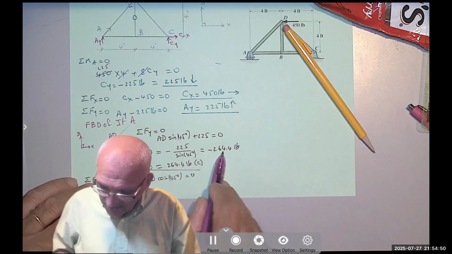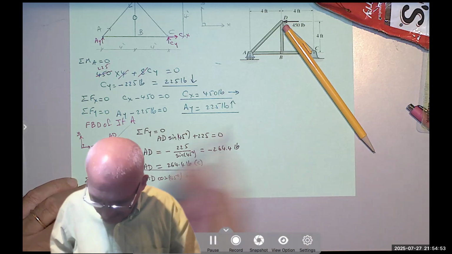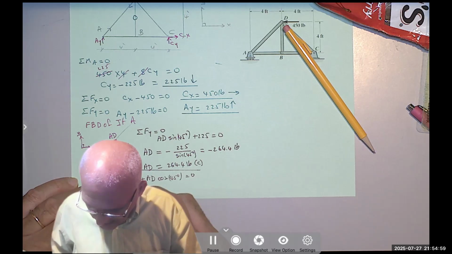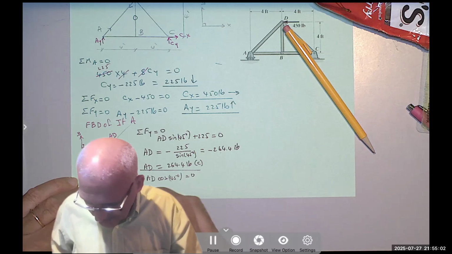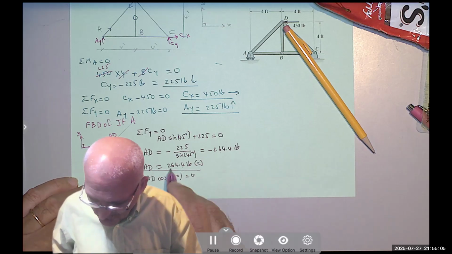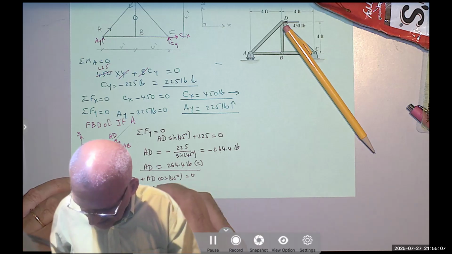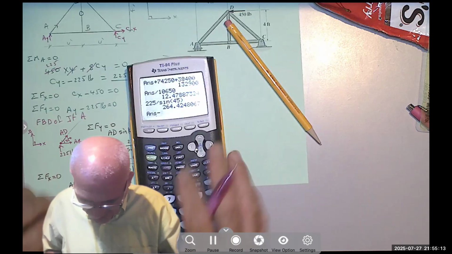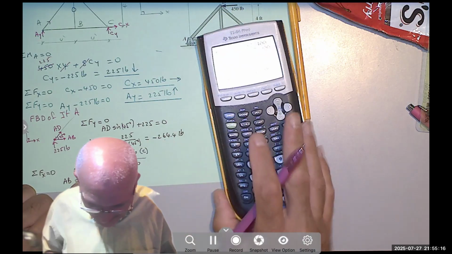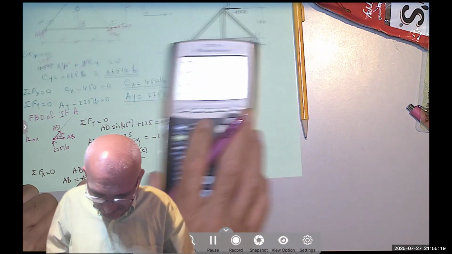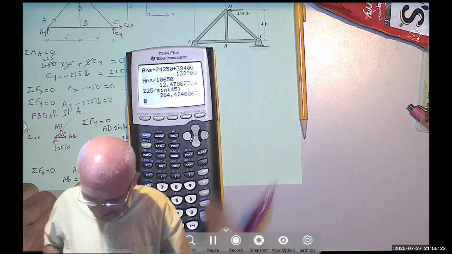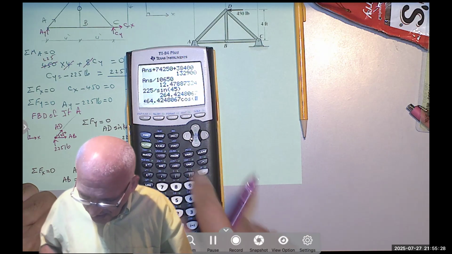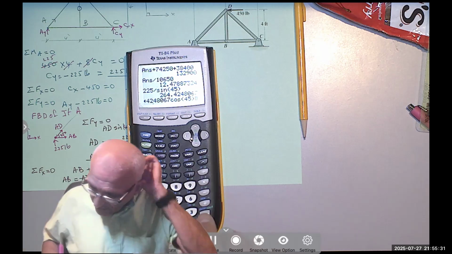Notice AD is negative 264.4. So when I move it to the other side, AB would be equal to negative AD cosine 45. Oops, AD is already negative, so negative times negative is positive. I'm going to say this cosine 45, meaning half of what I started with,